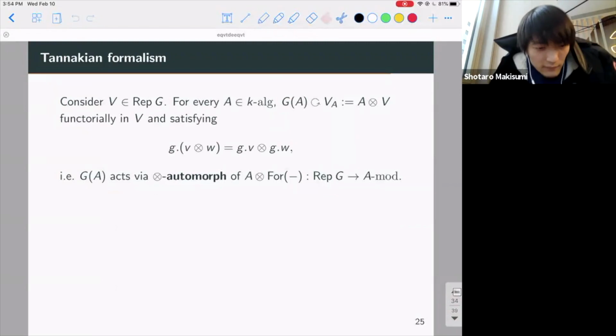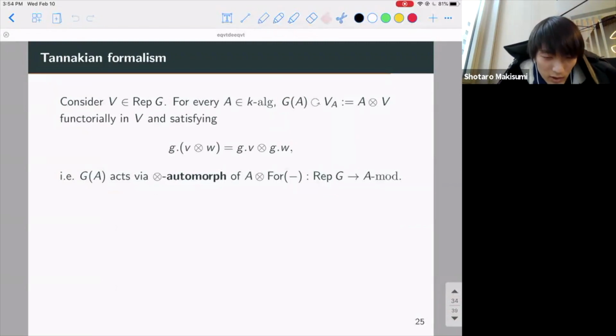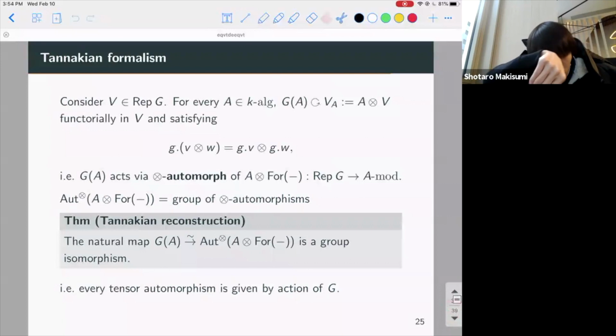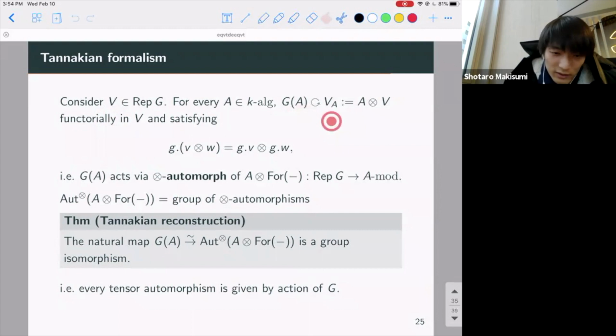And this is a version of a Tannakian formalism. So let me just review the group version very quickly. And this just states basically that you can recover a group G from its category of representations. So here's how this works. If you have a representation V, then for any algebra A, the A-points act on the base change to A of this representation. And this action satisfies this usual relation.